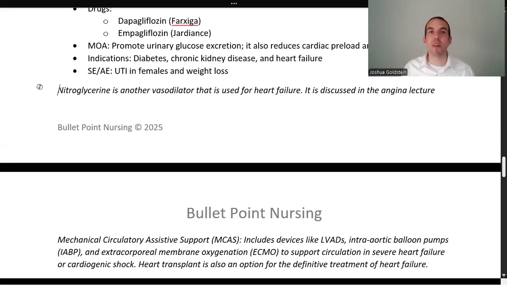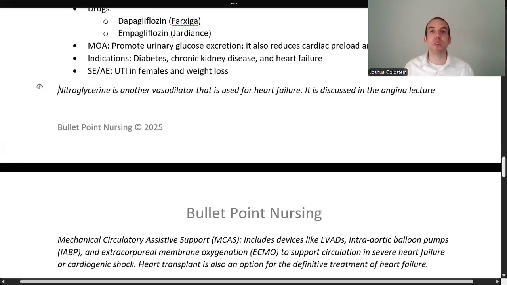heart failure. So we said at the very beginning of this lecture, we have beta blockers, we have diuretics, and we have the ACEs or ARBs. This is becoming more commonly the fourth drug class as part of that regimen that patients with heart failure are being put on. This drug is a diabetes drug, but it has officially become labeled in the last few years as a heart failure drug. The major adverse effect of this is UTI in females,